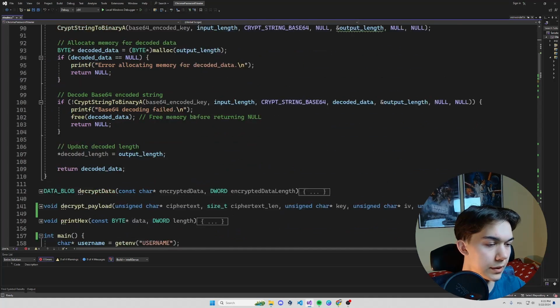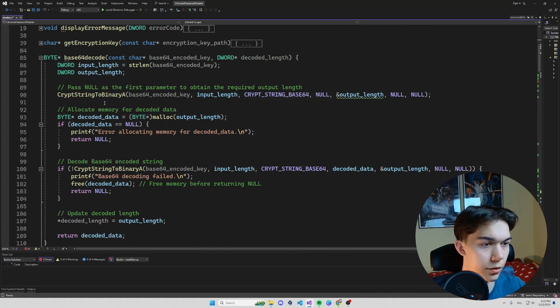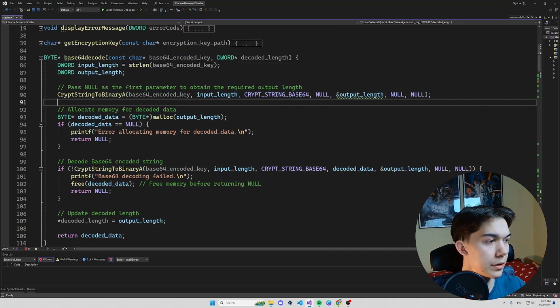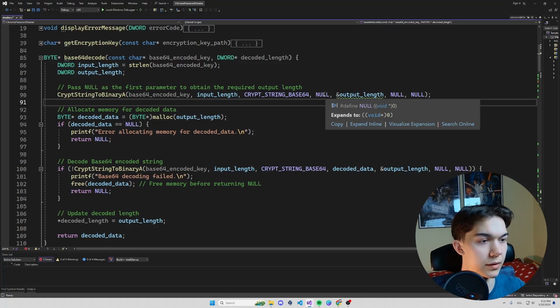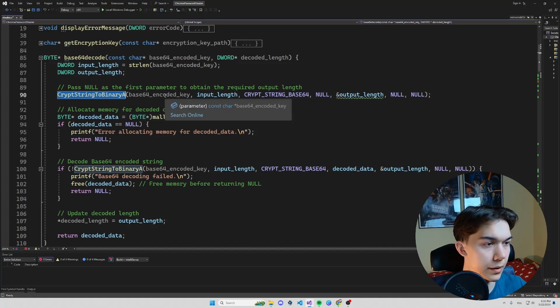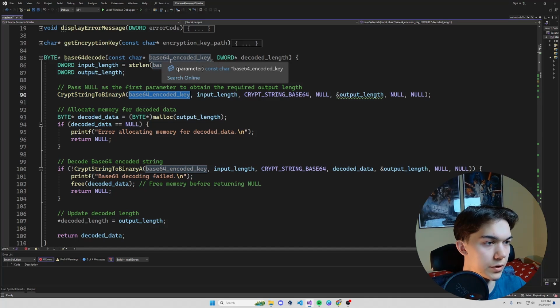Don't forget to do this. Without it, it won't work. Now, CryptStringToBinaryA is used twice here because we need to figure out the length of the decrypted data. Basically how it works is that in our first run, we declare the first parameter, which is the